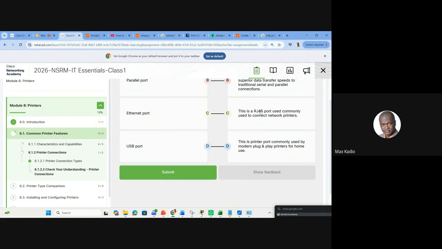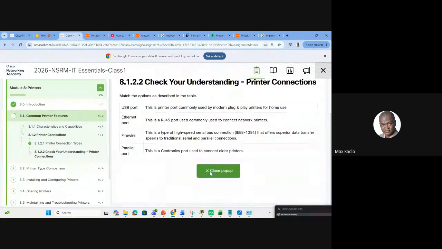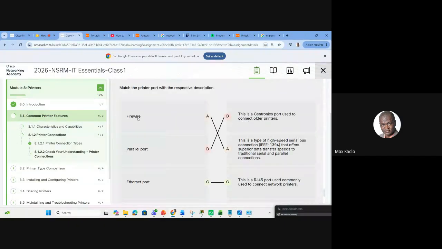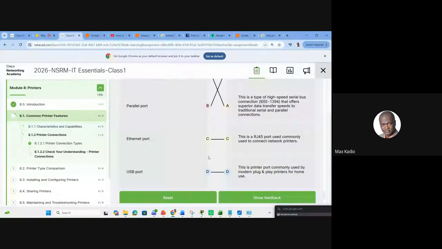You click, you submit. Then you click on show correct answer, and this is the correct answer. So it's very important to know all this because one day someone can call you to fix a printer.